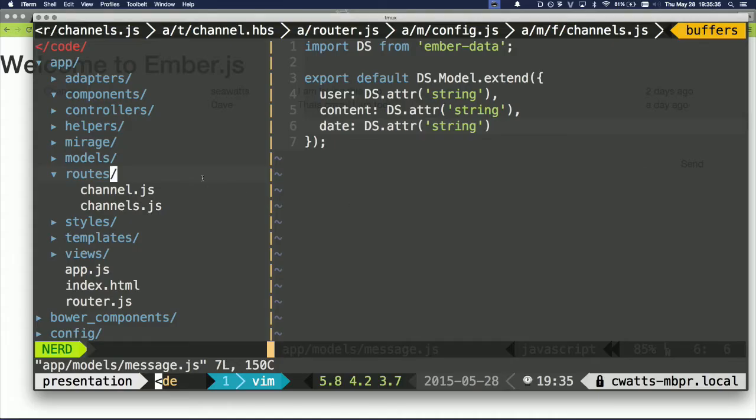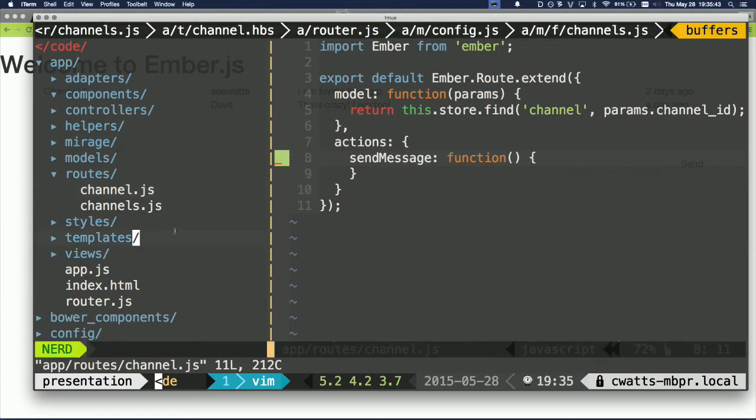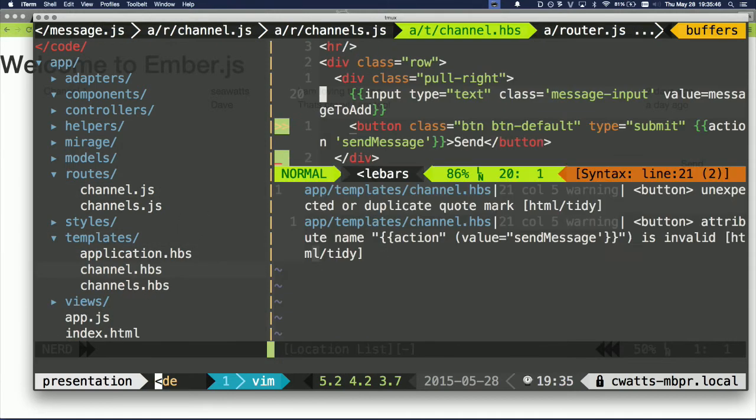So what I can do is, in my channel route, I've created a function called sendMessage. And as you can see in my template,